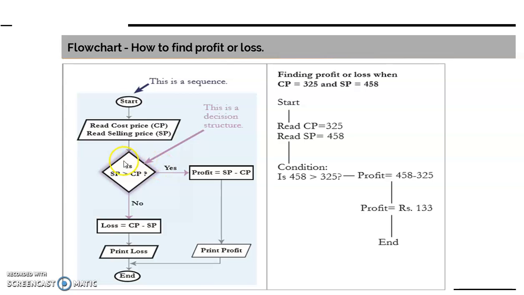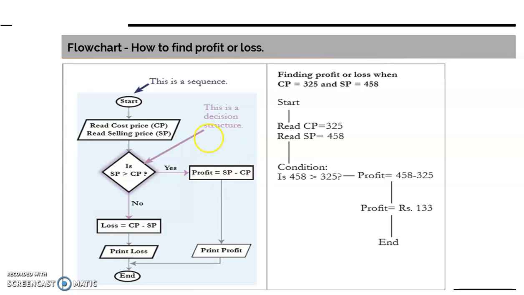Over here this is a diamond, that means over here we have a decision making statement, isn't it? So if yes, according to this data, this condition is true, yes, our SP is greater than our CP, so it is a profit. So we have to calculate the profit value, that is profit is equal to SP minus CP, that is 458 minus 325. So over here we are calculating profit, that means we are applying some operation over our data,